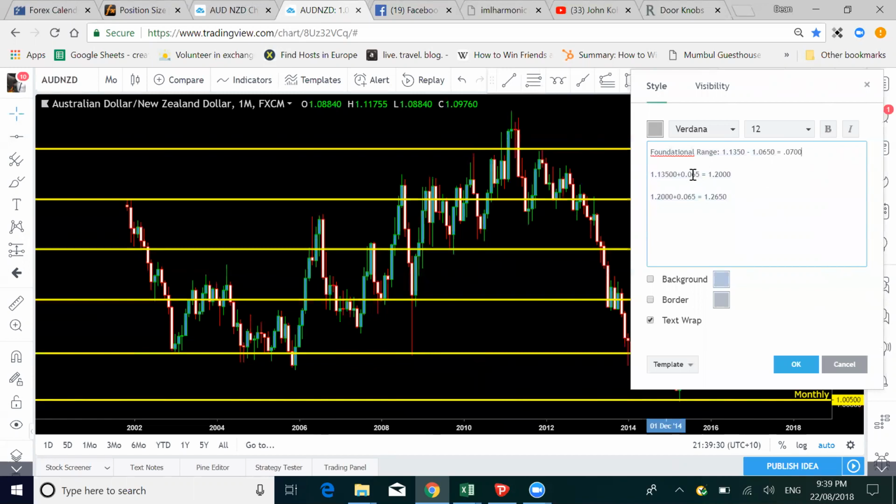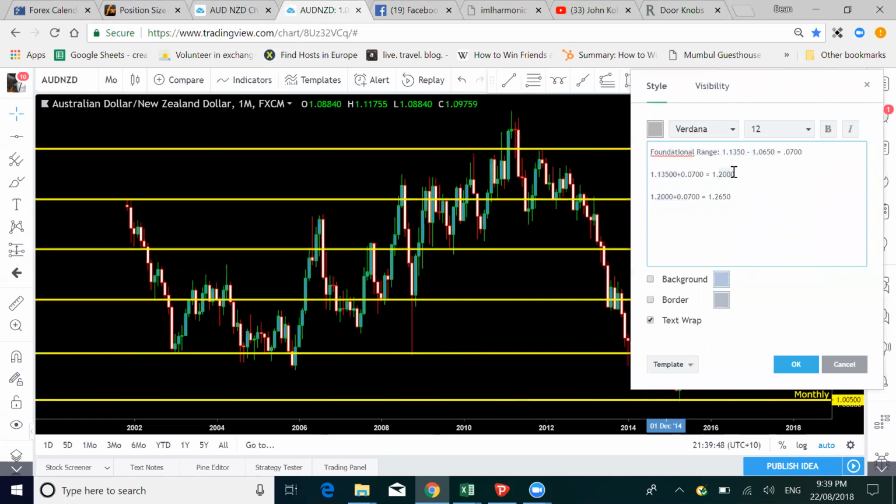Okay, which means we've got to go through and adjust every line. It's a little bit frustrating to get started, but trust me, once you get your foundational lines in play, when we start doing the weekly lines and the daily lines, they'll just all smash in really nicely. So going upwards,